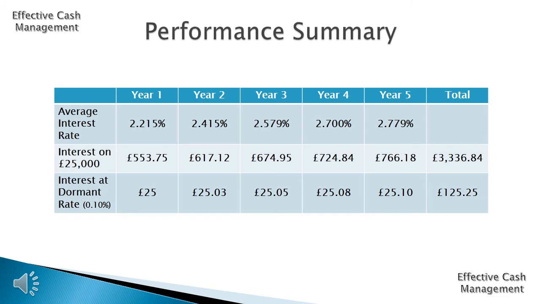So here's a quick summary of the performance of this portfolio that we've used over a rolling 5-year period. On the top line there we can see how the average rate of interest increases on each annual review, and we can see the amount of interest that earns on the £25,000 that we've used within the portfolio. And similarly at the bottom we have the dormant rate of interest return accumulating up over the 5 years. And the principle here is over 5 years on a portfolio of £25,000, it's very easy and possible to improve the return by just over